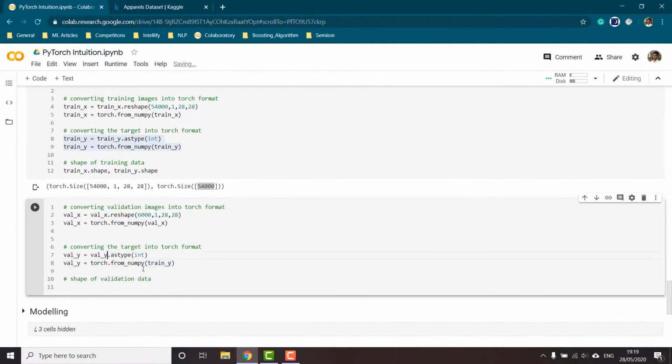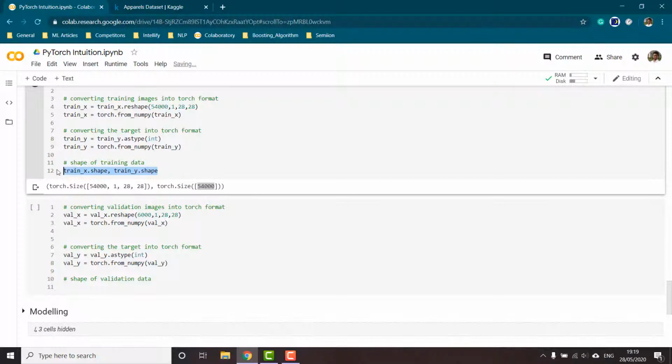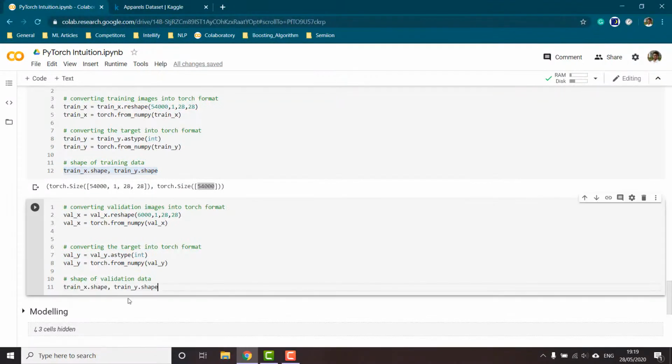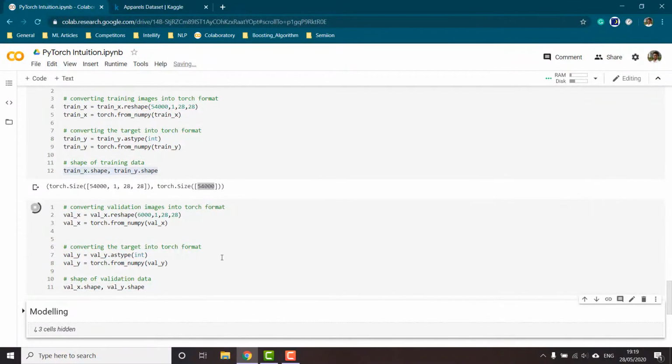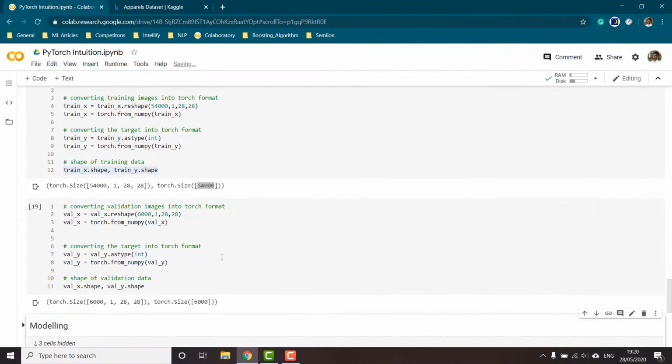So we are converting the validation y data into integer type, and then converting it into torch tensors. Now at last, let us see the shape of our validation data. We have successfully converted our training and validation data into torch tensors.